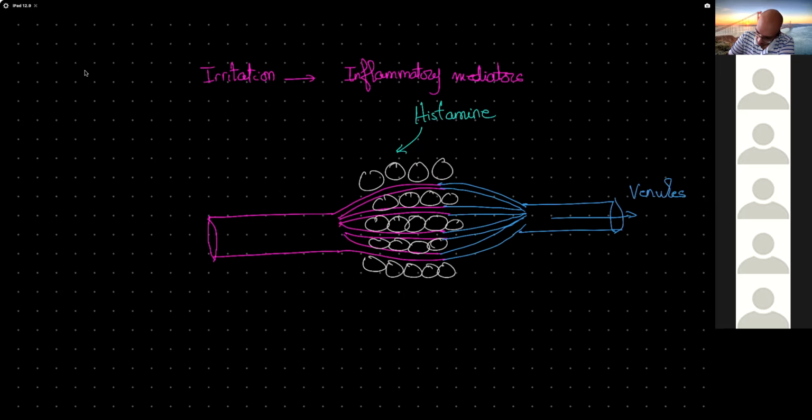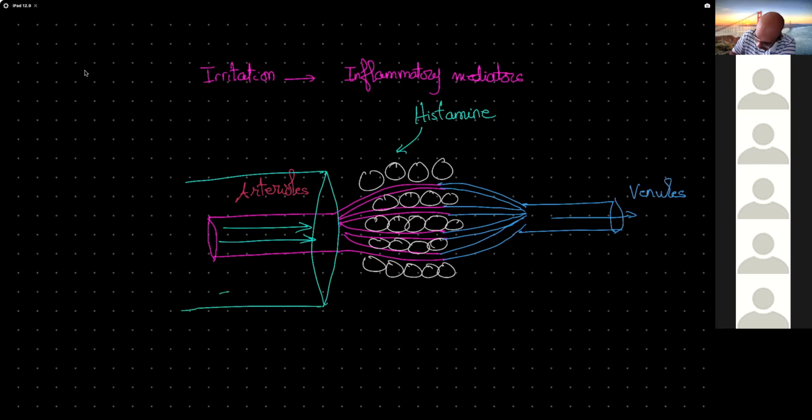So I got the blood in by the arteries, arterioles, which are the small arteries, and I drain the blood out through the venules. What the histamine is going to do, it's going to be dilating those arterioles. So rather than bringing this amount of blood in here, I will dilate the arteriole like this. So I will be bringing much more blood